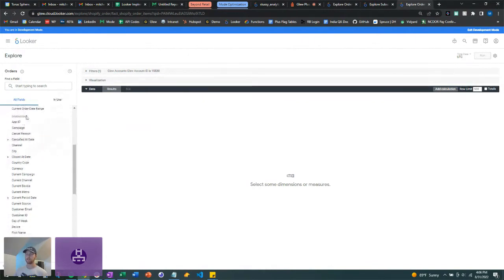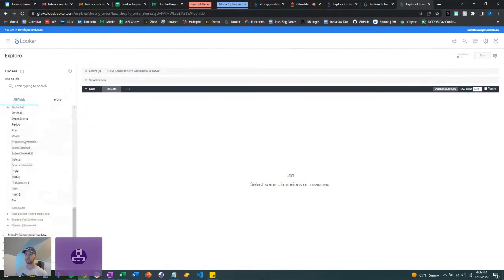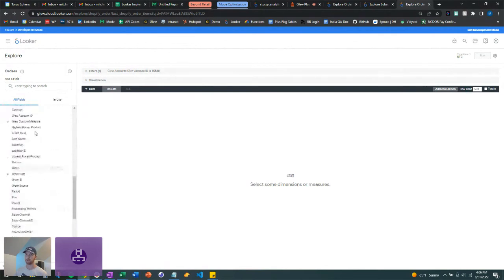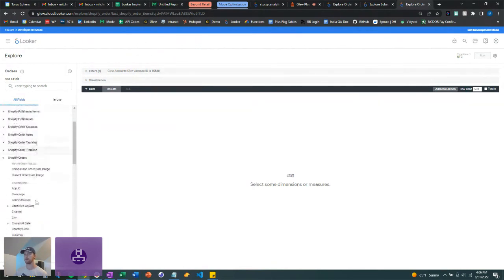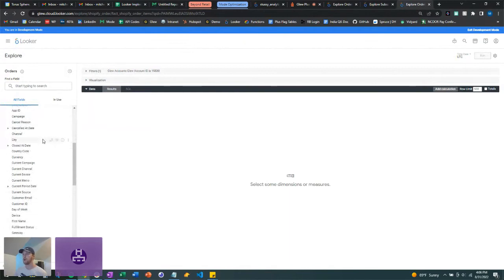But anyway, so these are the dimensions. And then down below under standard measures are some pre-built measures that we've dropped in here for you. You also have the ability to create measures based off of these dimensions within this table here. So as a basic starting point, let's create a pretty basic table, not